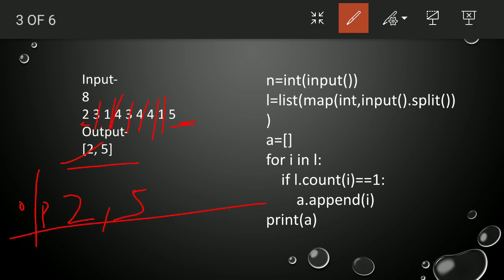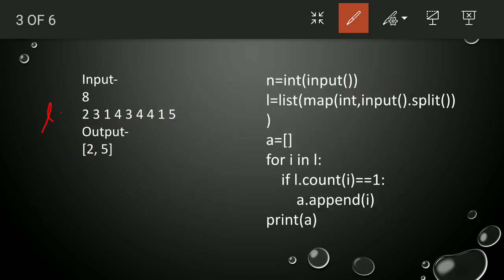Okay, so n equals int of input, so we have taken n equals 8. L equals list of map of input dot split, so we have taken the list of elements. This is your L. Now what we do here is that we have taken another list, an empty list. Now we are running an i loop, for i in L, that is the particular elements of the list, not the index.